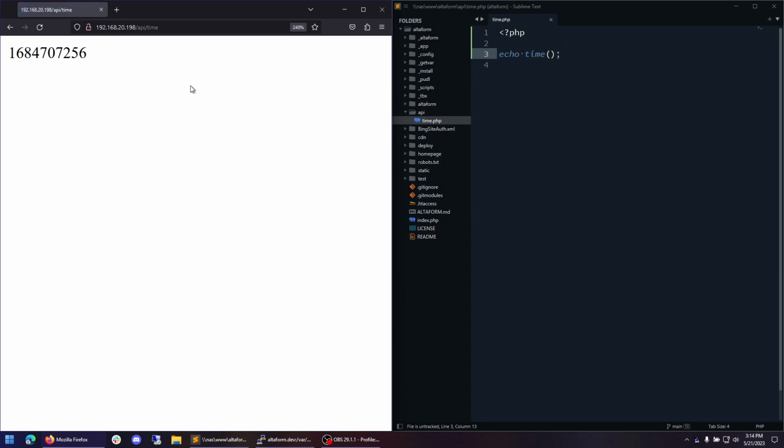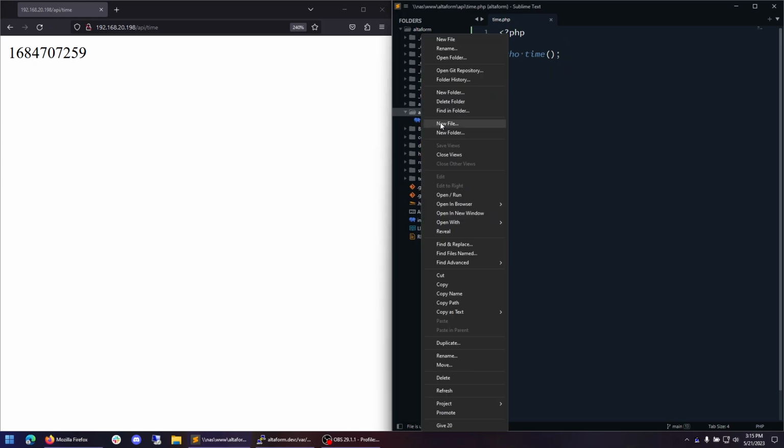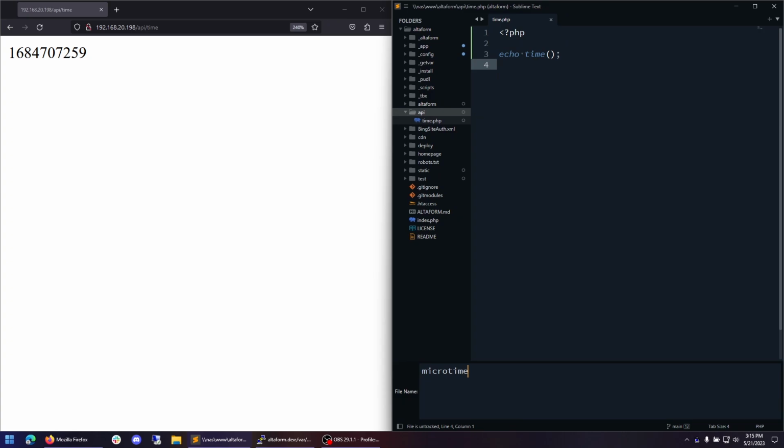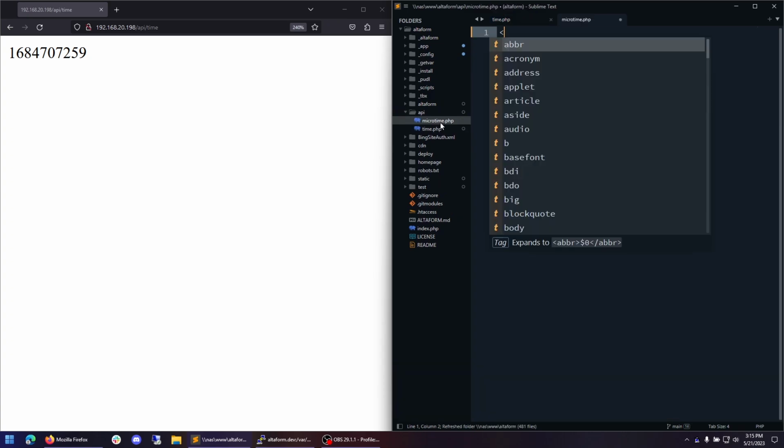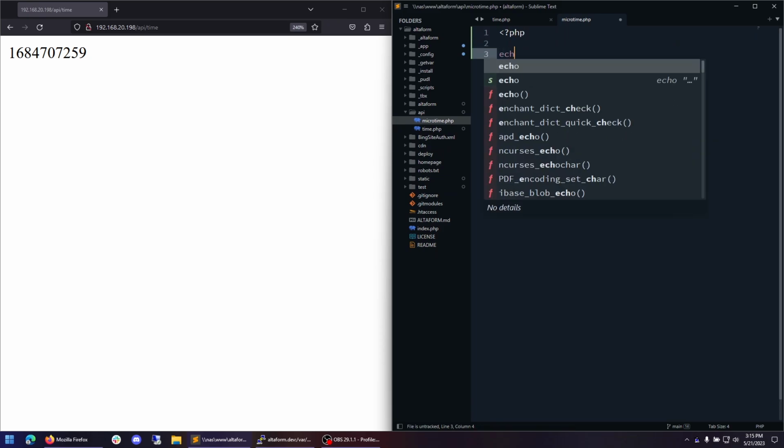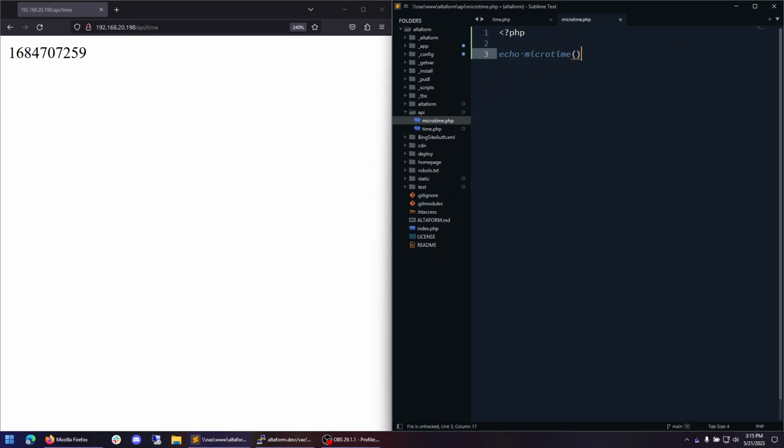We've now just effectively created our own API. As you can see, there is a one-to-one mapping between this API/time and the API/time.php within our project. I'm now going to create a second file and call this one microtime.php. And I'm going to do the same thing. I'm going to start a PHP document and echo microtime. And now over here, if I go to microtime,